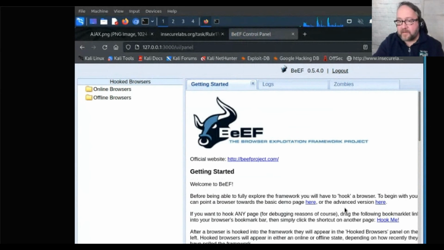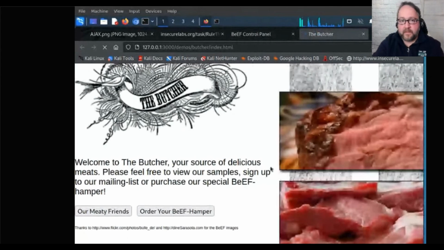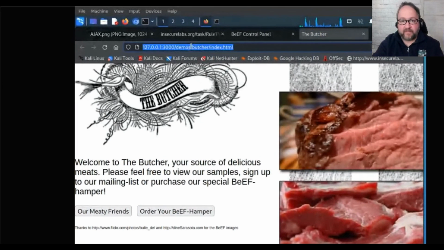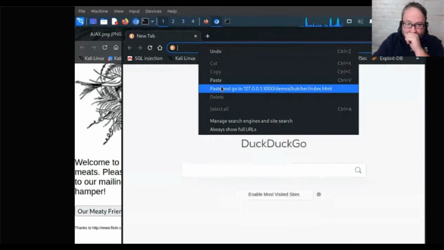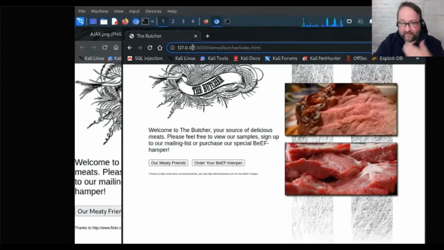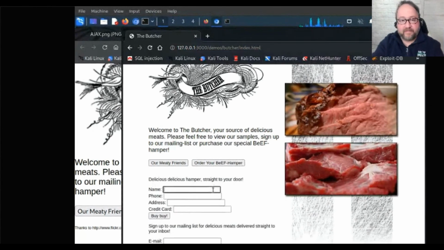You'll see there's a few demos here. This is going to be very useful for your end hacks if you decide to go this route. If you click on the advanced version, you get a demo page about buying beef. Now, I'm going to pop this into Chromium, which I already pre-installed, but it's basically Google Chrome. You could do this on another browser on your same network, or if we faked a domain name, this could say whatever, beeflovers.com or something. Although who knows where that goes. And then you click order your beef, and I put some information in,